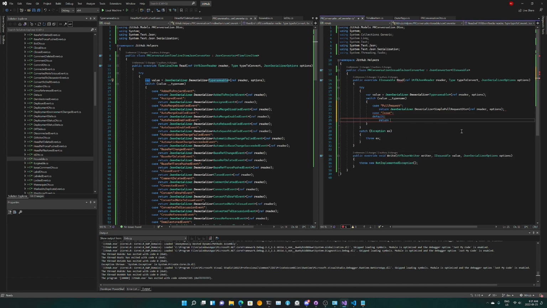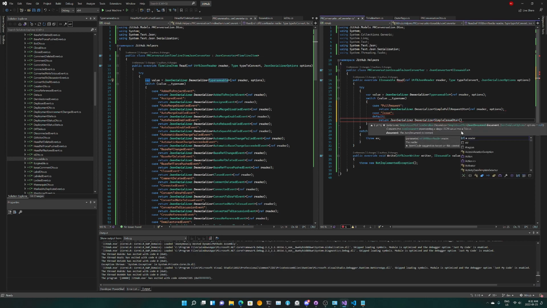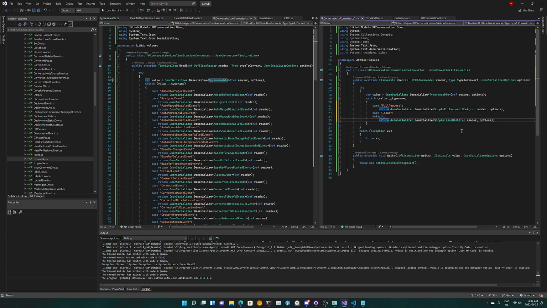We're gonna return JsonSerializer deserialize it into a simple issue DTO, and we're gonna do ref reader options, and that should be good.